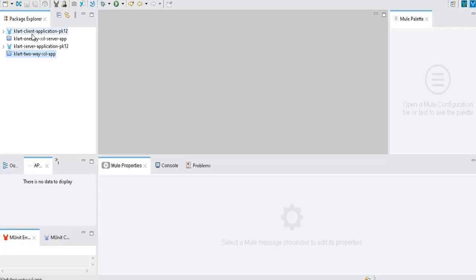So in your real-time projects also you will have the same structure. You may have both client and server applications with you, or the client application may be from another team or another country. The server application will be yours as you are going to do the implementation. In general, the two different applications are going to communicate together through an HTTPS service by enabling the SSL TLS handshake. So that's why I have created two applications.